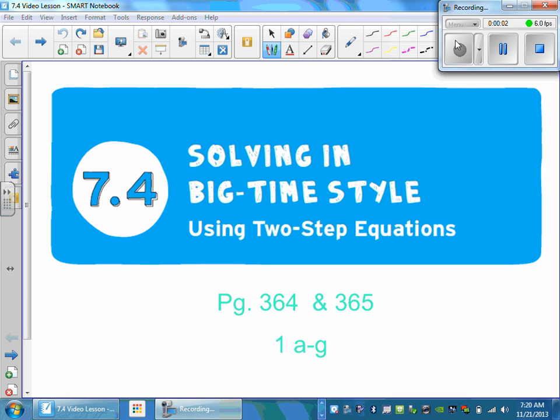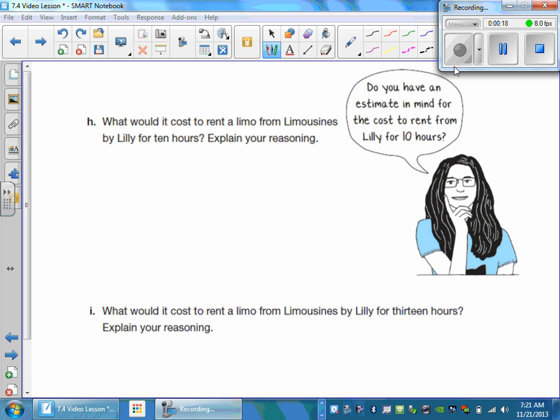This is 7.4, solving in big time style, using two-step equations. I want you to start on page 364 and do problems 1A through G and then press play. When solving problems A through G, you should have found that it costs